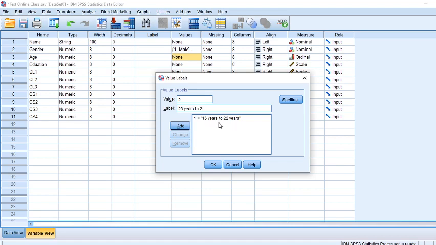The range should be the same, but I am not doing that. This is a test class, so I am just telling you the range should be the same, but I am not going to consider this range. Let's say 30 years. Then 3 should be 31 and above.